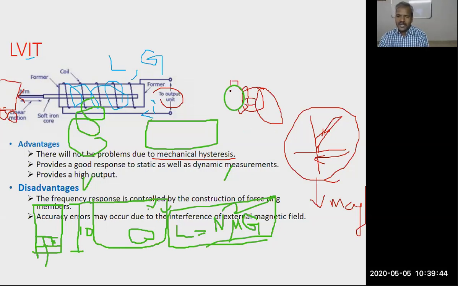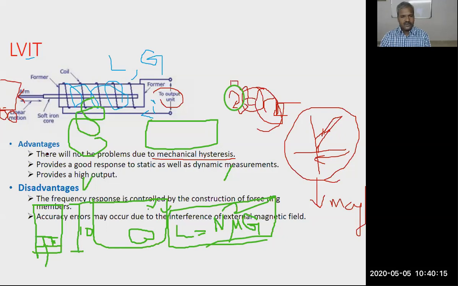When the gear rotates in the forward direction, it will rotate properly. When we reverse this gear, a slipping occurs. Because of that slipping contact between two gears, it is called backlash. Sometimes in two-mark questions, the examiner will ask, what is backlash?